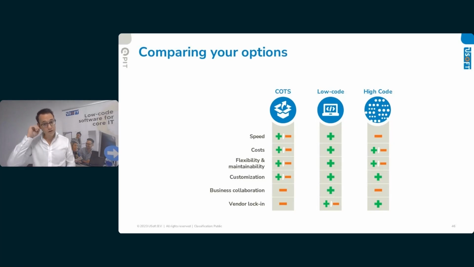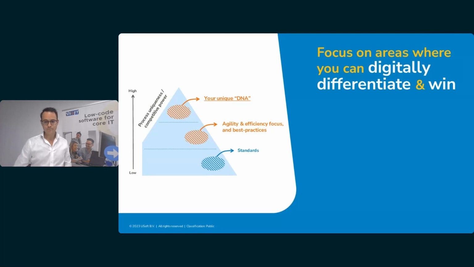And of course, if you have a selection of, for instance, a combination between these technologies, it's always important to consider how good they are in combination together. But it's important as an organization to consider, and that's going back to Ruurd's story, what type of technology you use for what specific purpose.